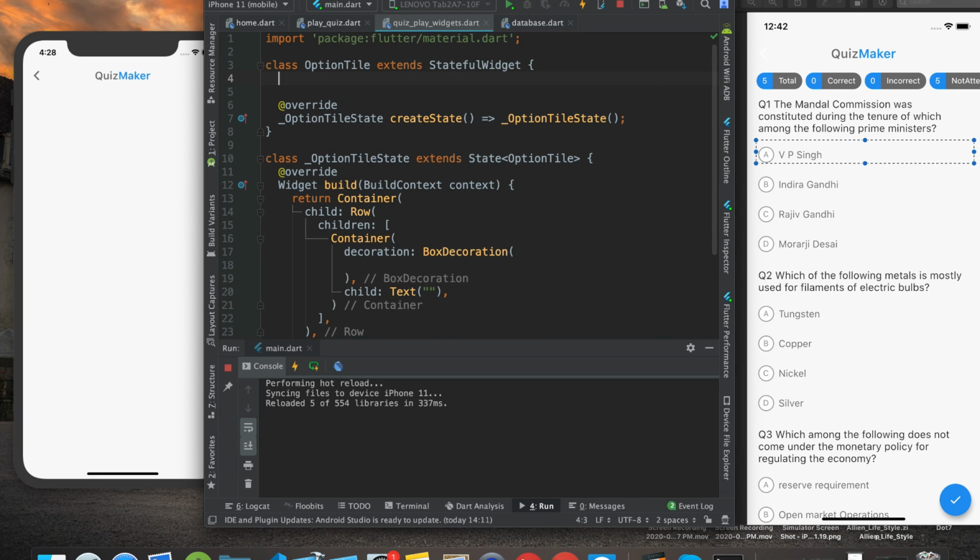So we want to accept that one way or the other. What I'm going to do is define some variables over here. I'm going to make them final because they are going to be received through the constructor and are not going to be changed. The first is option. What is option? Option is this A, B, C, D. So we can pass whether it is A, B, C or D. Next, we want the description. The description is this VP Singh, this particular answer. Then next we have the correct answer,